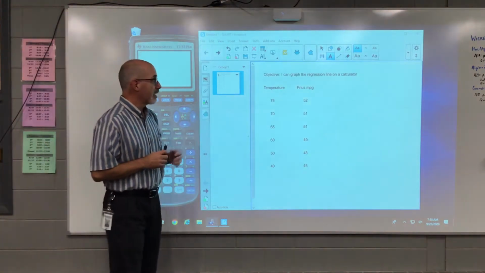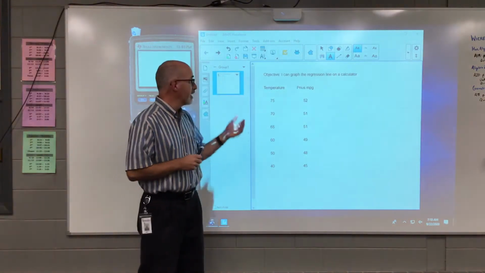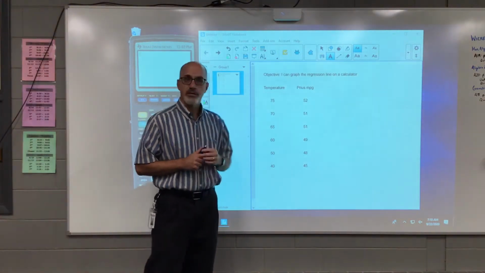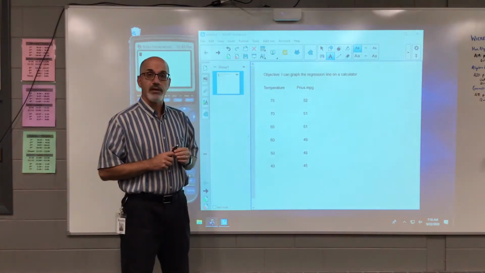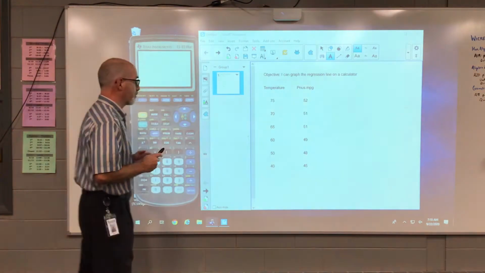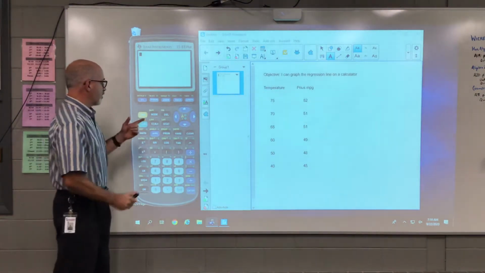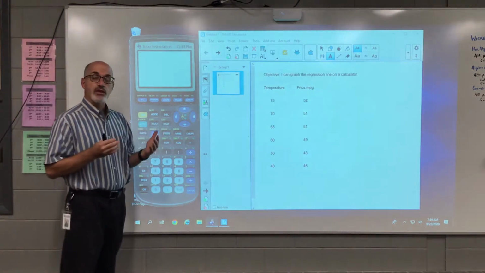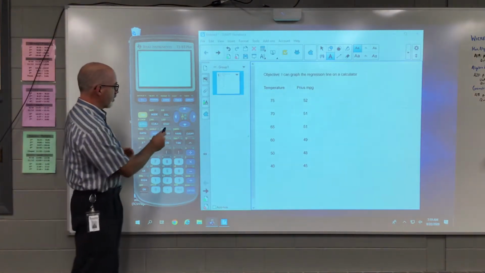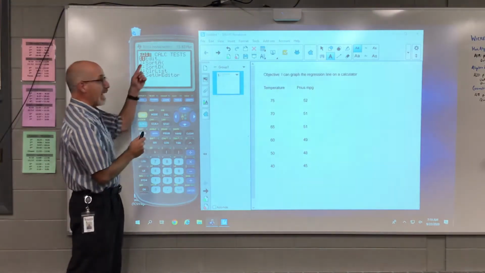So my situation here is in my Toyota Prius. As the temperature goes down, so does my miles per gallon on the Prius. So what I want to do is model this on the calculator. As I turn on my calculator, I look to enter this into the lists in the statistics. So if I go to the stat button here, and I go to edit,